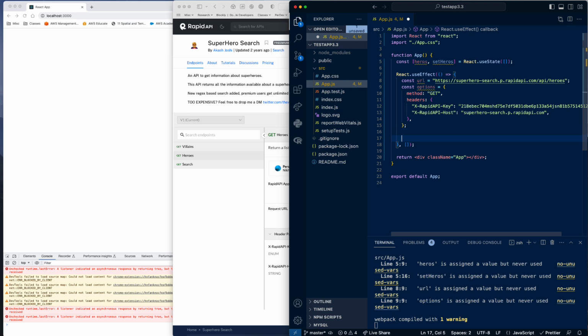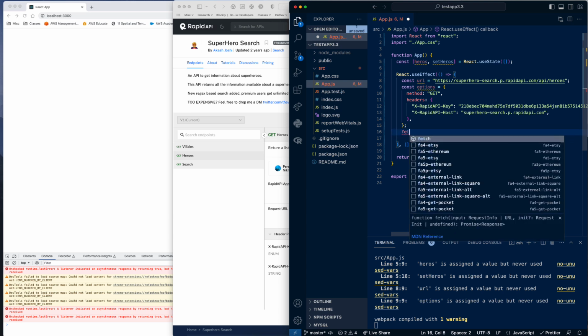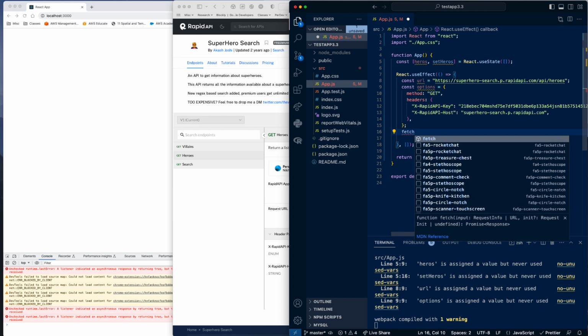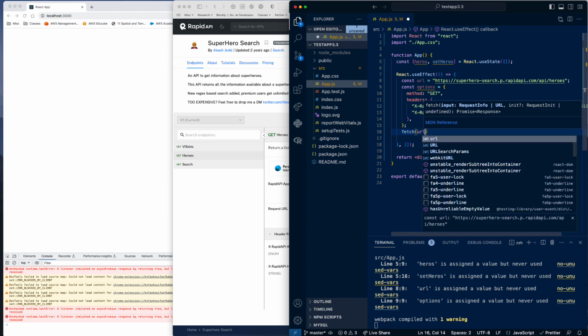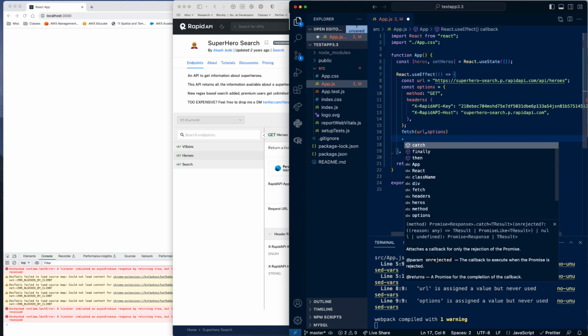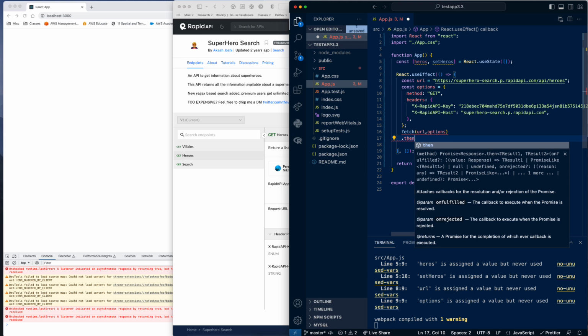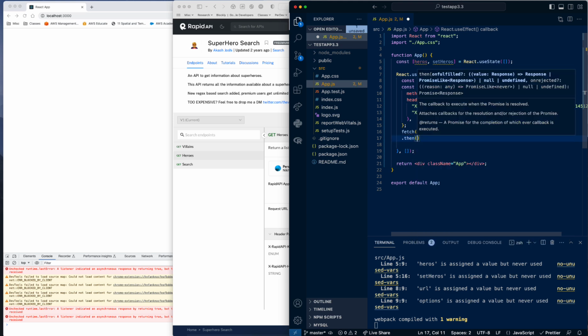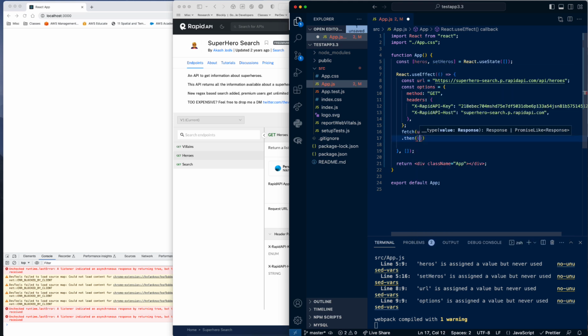Now, to get data down from the API, I'm going to use the fetch method. I'm going to specify URL and options because they are important to the functioning of the API. And I'm going to say if there is a response from the API,